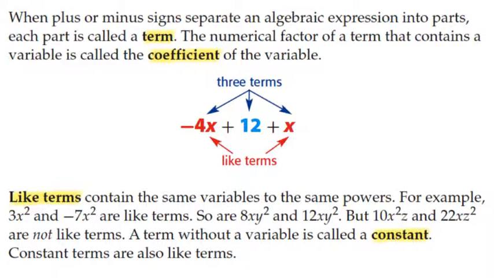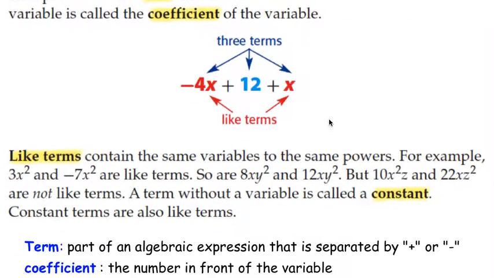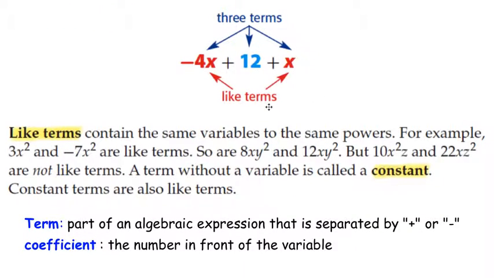All right, so when plus and minus signs separate an algebraic expression into parts, each part's called a term. And the number in front of a variable is called a coefficient. So in this example right here, there are 3 different terms, and 2 of them are called like terms because they both have x's. Those are like terms, or we sometimes call them similar terms, and they can be combined. When you have like terms, you can add them together or subtract them or whatever you need to do to simplify. So terms are separated by plus or minus signs, and then like terms or similar terms have the same